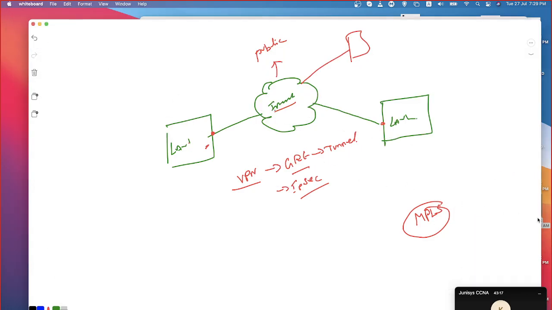Can you see? Now I have written only this, MPLS. Just one thing I have written. Right? So now, with respect to MPLS, what is the advantage? What is the advantage of MPLS? The circuit which is getting terminated will be the responsibility of the service provider. The tunnel establishment is going to be the responsibility of the service provider. Routing the traffic between all these networks is also going to be the responsibility of the service provider.